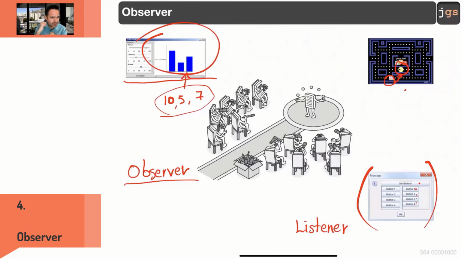Listeners listen when we're talking about graphical elements, the graphical user interface. Observing is the global concept. I am checking you. I am listening to you. It's the same. In general, the idea is if you have one object and that object, something important is going to happen,